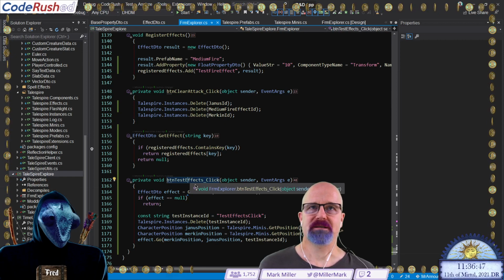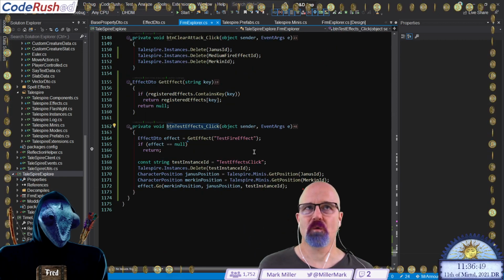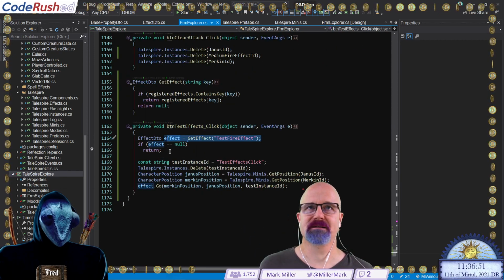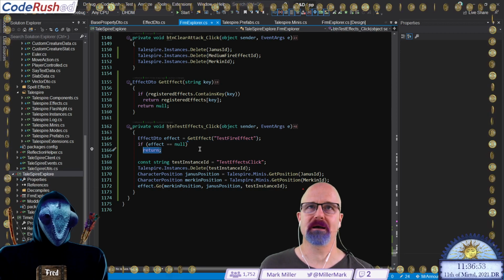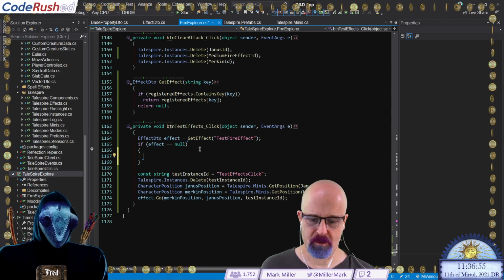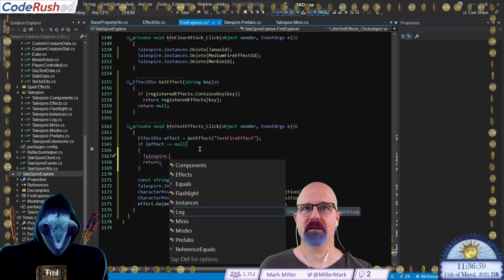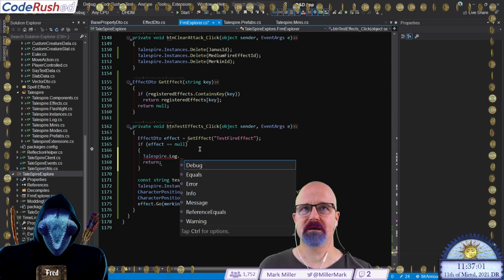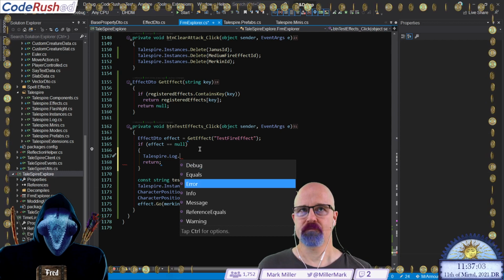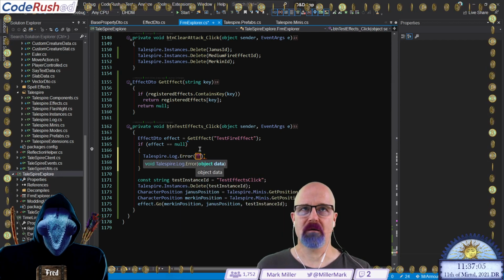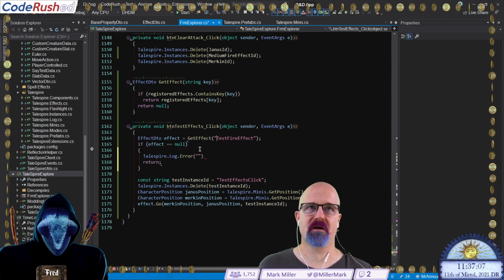When we click the button Test Effects, we're going to attempt to get that effect. And if we get it, let's do this. Let's do a little more debug error log messaging right here. TaleSpire.log.debug. Maybe error. And we'll say, hey, test fire effect not found.